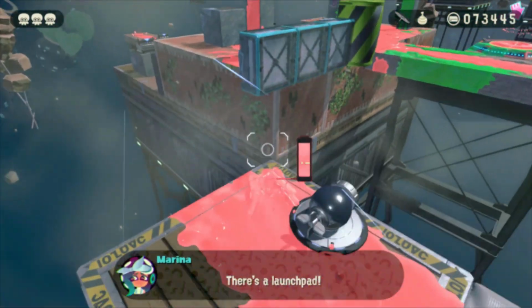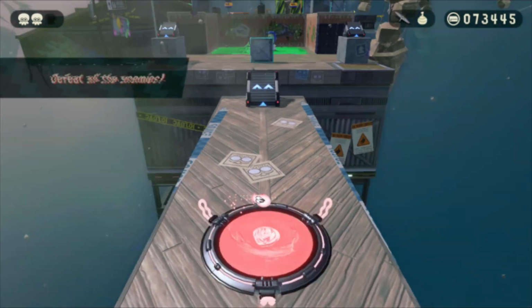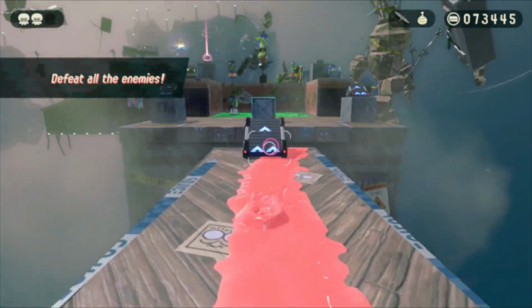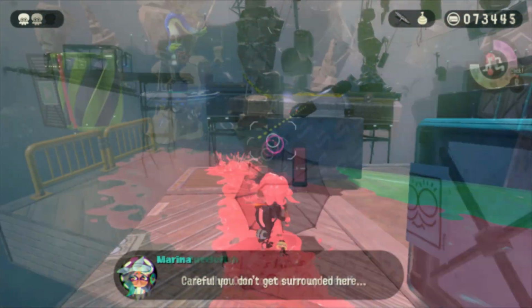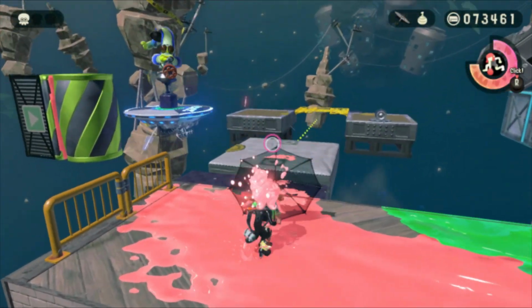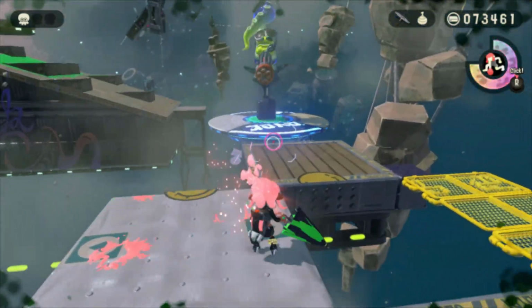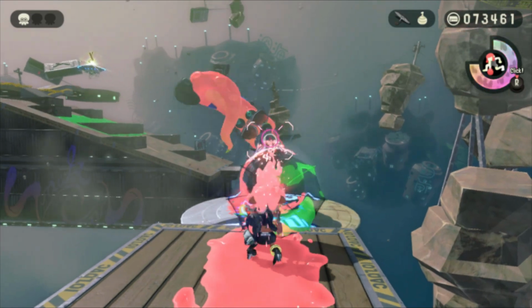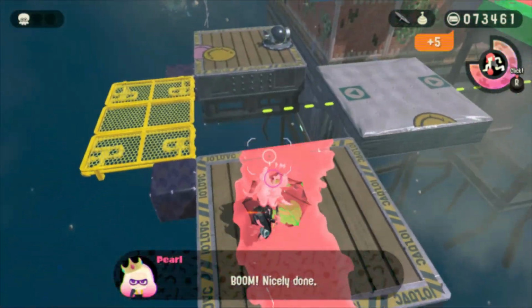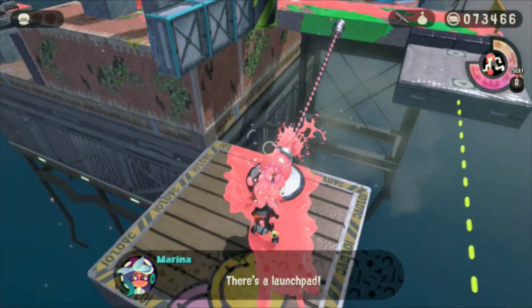Okay, so the weapon we're using right now is a heavy splatling, and we fell. I have to fight all these stupid things again! Or we don't have to use that ink further. Okay, that works too. So, what I was trying to say a moment ago was that